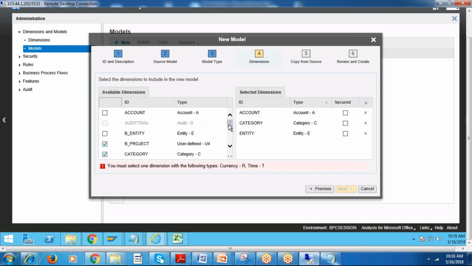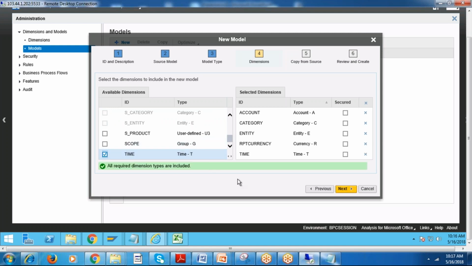We always take the input currency or reporting currency. We have to take the RPT currency, reporting currency, and the time. Where is the time? This is the time. See, one by one it is accepted.